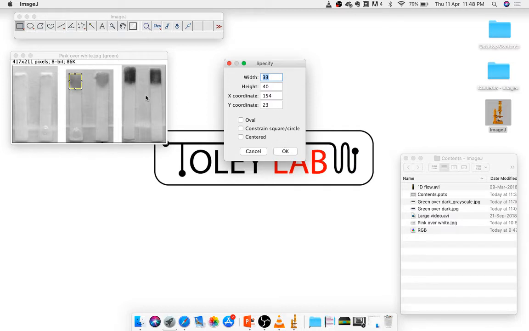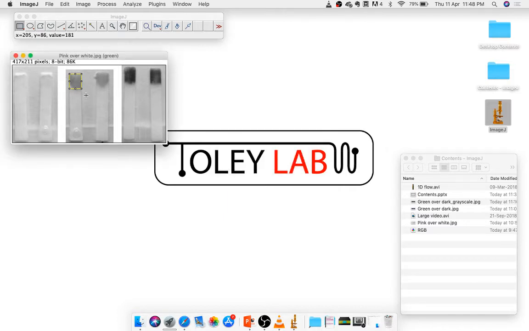Okay, which means that the X and Y coordinate of the top left point here are 154 and 23. So we can verify that. If I take my mouse pointer over here, I'm getting numbers on the top bar that are close to 154 and 23. This is often important because if you make a selection to do some analysis, you can note down